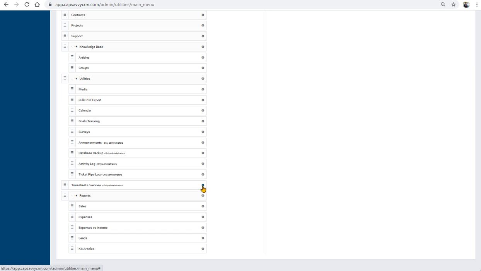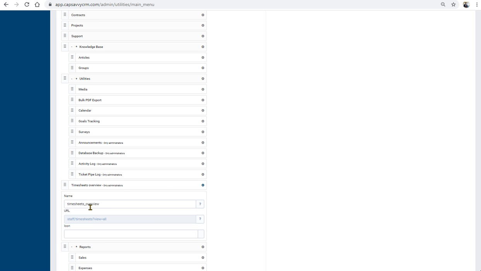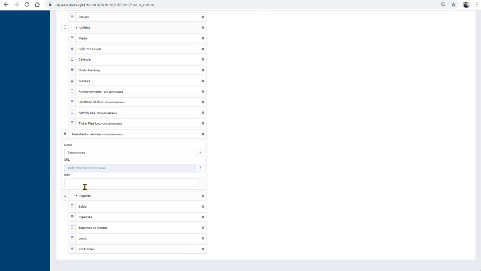So go to this setting icon. Now you just change the wordings. Timesheet. Now if you want, you can put some icon.